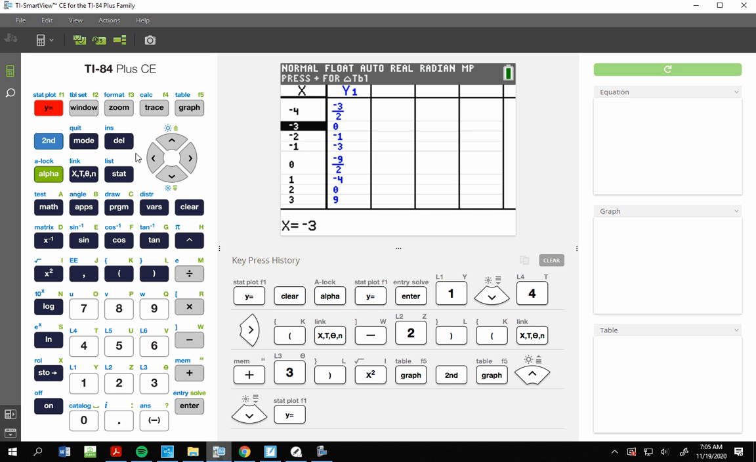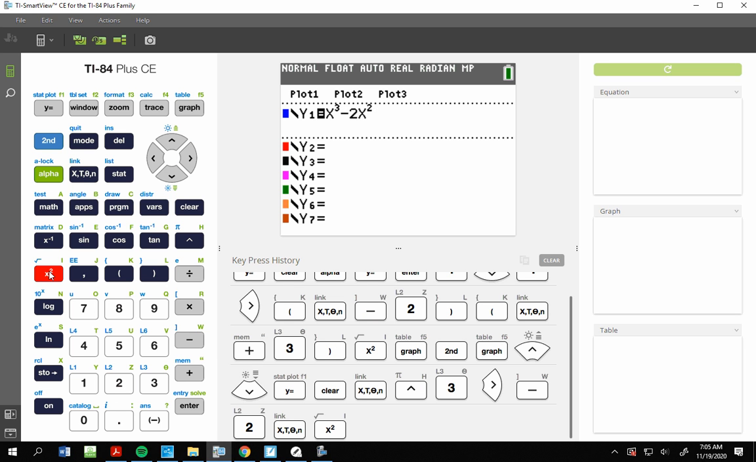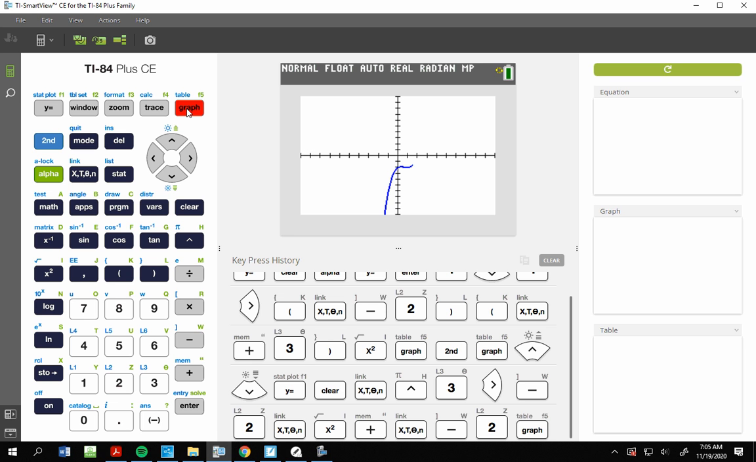Okay, so let's plug this in our calculator. So we want x raised to the third power minus 2x squared plus x minus 2. All right, hit graph when you're done with that. All right, so we said since this is a third degree polynomial, there's going to be 2 turning points, and there are. There's one here where it goes from increasing to decreasing,